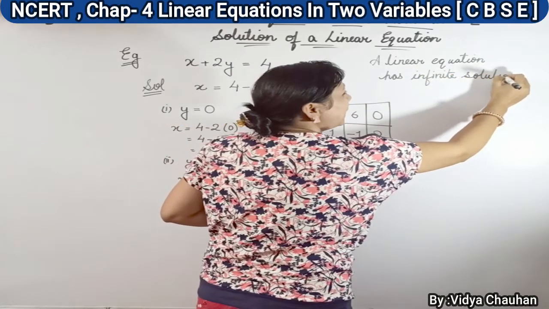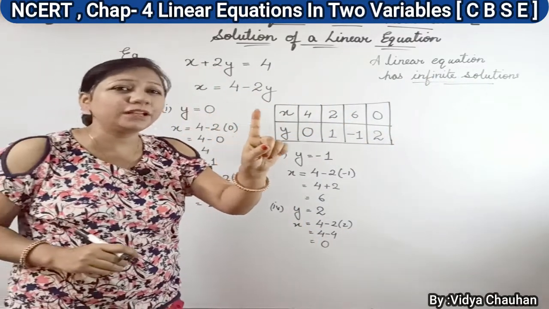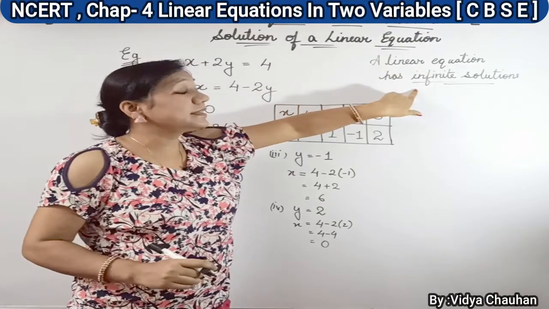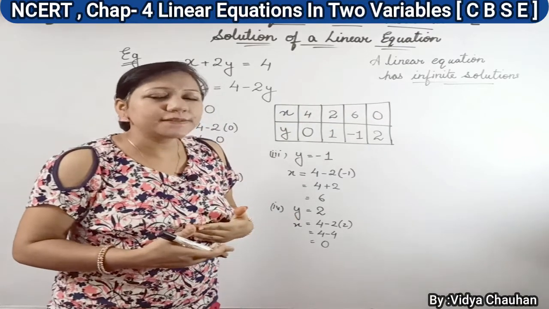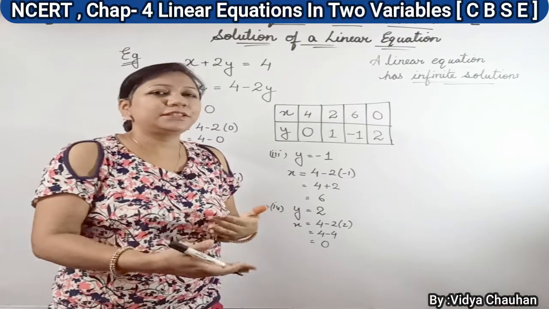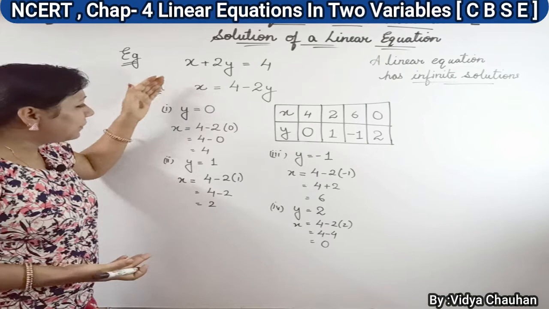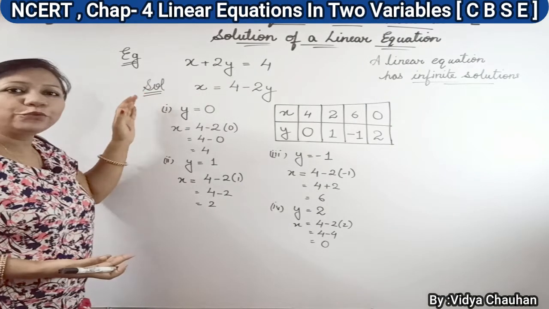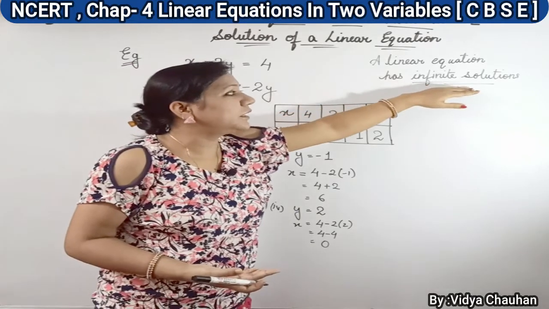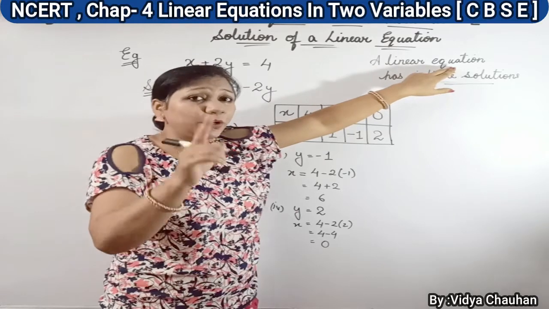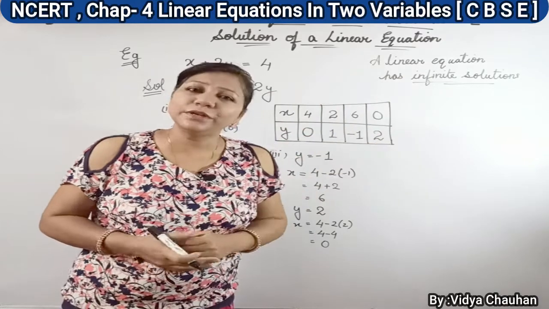So this is one of a very important conclusion of linear equation. Whenever only one equation is given, then that particular equation has infinite solutions, because as many values as we choose from our side for x or y, we get the desired result when we put that in the equation. So this is the method of how to find the solution of a linear equation, and by solving this we get a final conclusion that when only one equation is given to you, a linear equation has an infinite number of solutions.